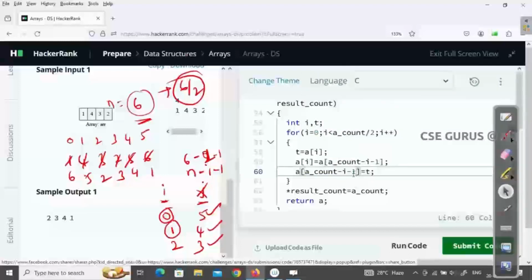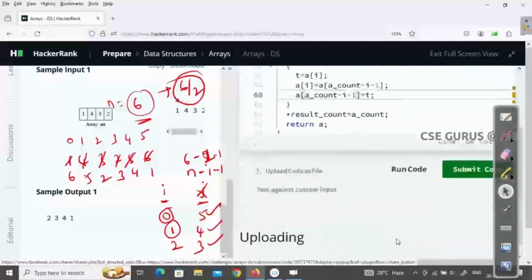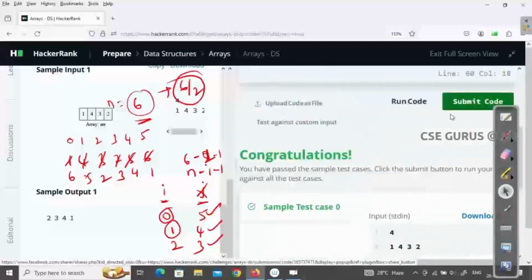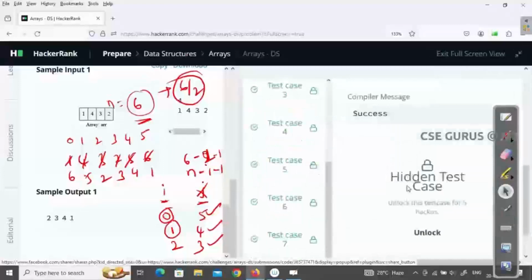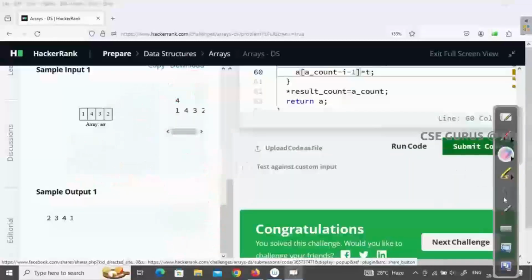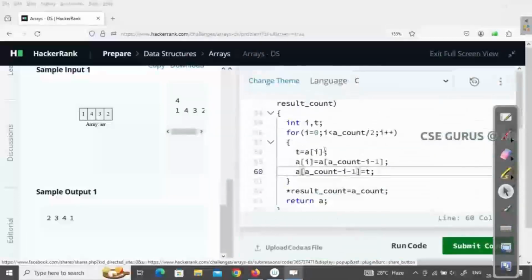This is also one more logic, without taking an extra j variable. Let us see, is it correct? Any mistakes? No mistakes. Submit the code. So successfully we got it. This is the logic, how you need to reverse an array without using any predefined methods. Of course, the same logic and iterations you can use in Java and Python